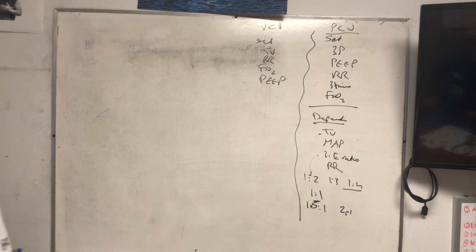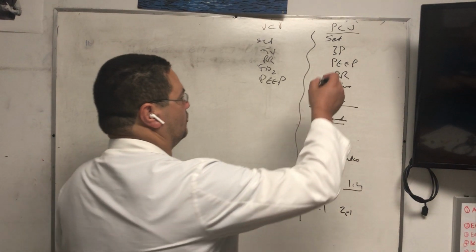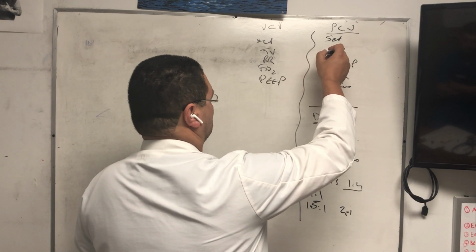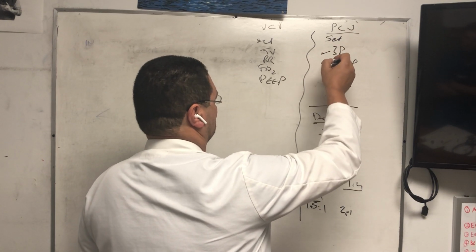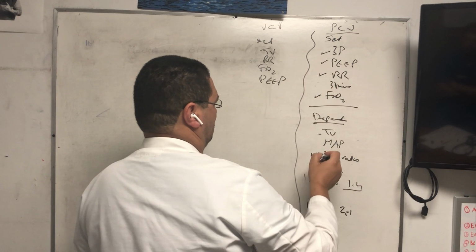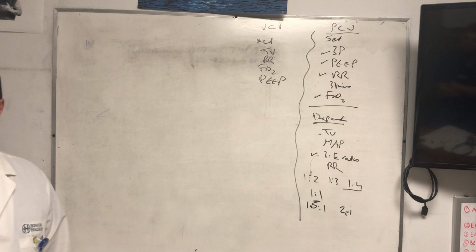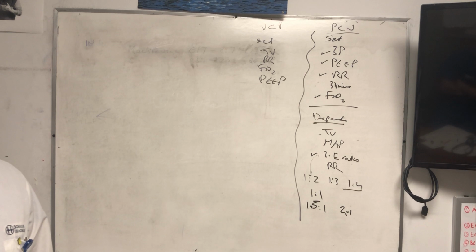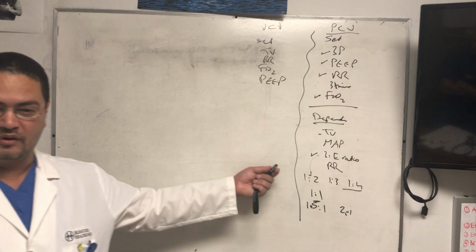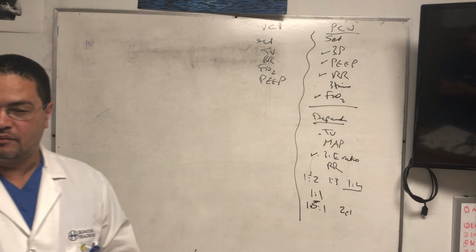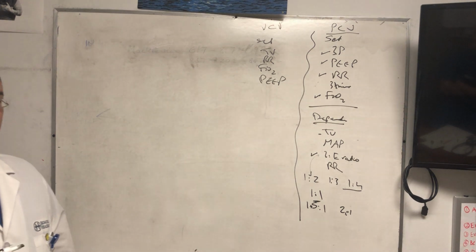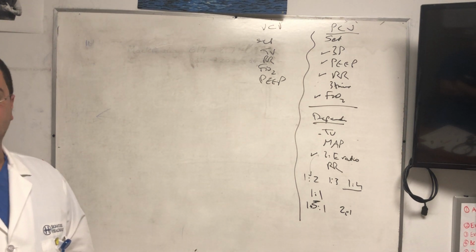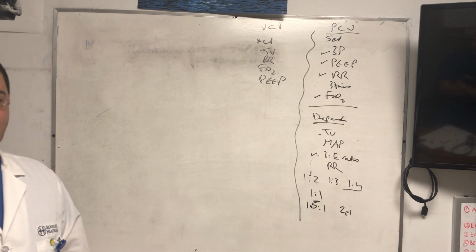It's not really a myth, but it's kind of an idiosyncrasy, a rule that we made. When we order pressure control, we don't order the I time. That's the only mode of ventilation where we order the dependent parameters. Usually we order set parameters. We never order dependent parameters except in this mode, right? And that's for safety, because you're saying to the respiratory therapist, I want the patient to be at a 1-to-1 I to E ratio. Do whatever it takes to keep the patient at a 1-to-1 I to E ratio.